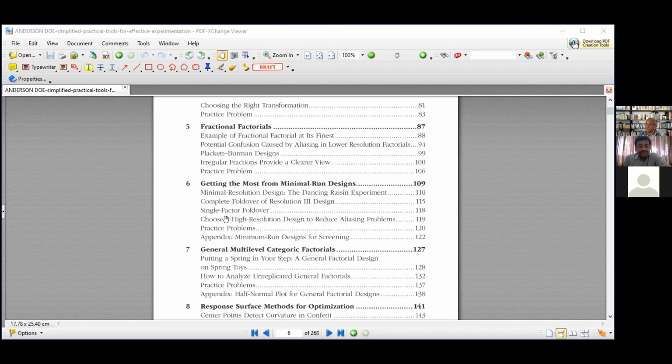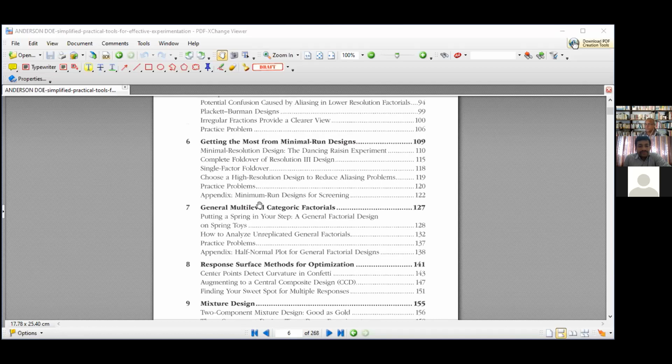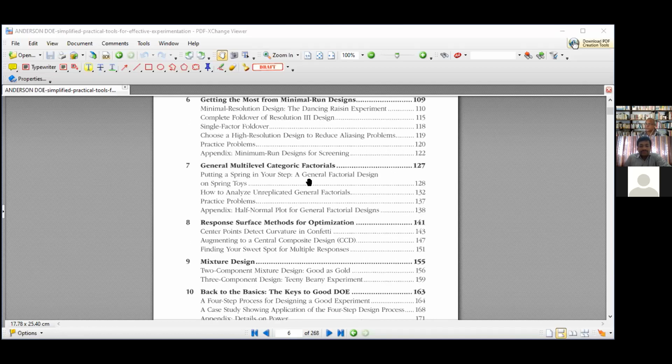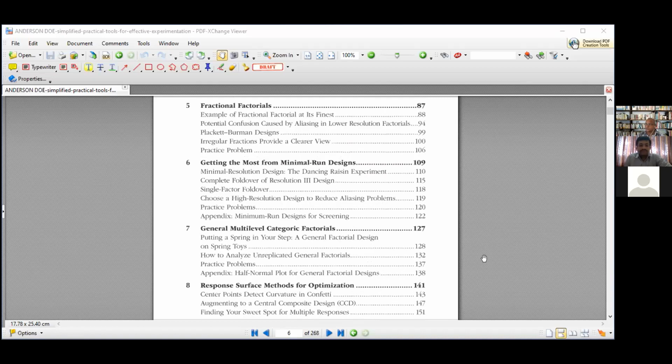So that is one approach. Or you can choose a high resolution design to reduce aliasing problems. So minimum run designs for screening, they are recommending this. Then multi-level categoric factorials, response surface methods for optimization, mixture design, keys to good DOE.